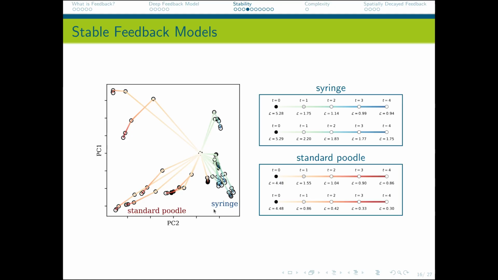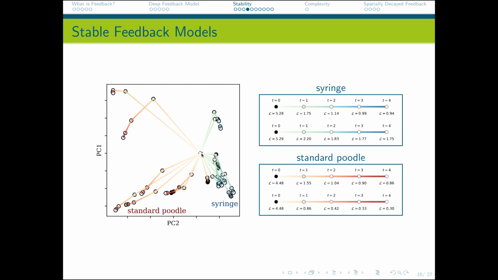Here in the Tiny ImageNet, we have the internal trajectories made by the feedback model. So we have trajectories of standard poodles and syringes, and you can clearly see that they are separated. But what I really want you to notice is that here in the center you have the initial state